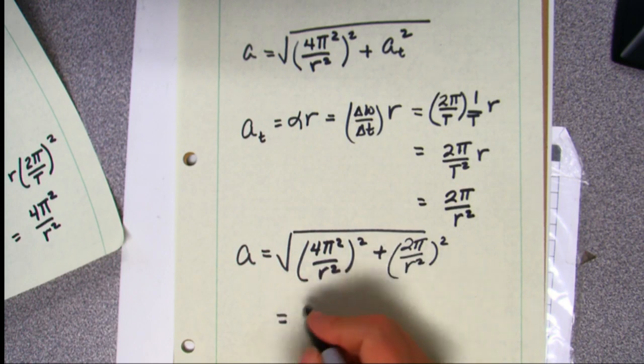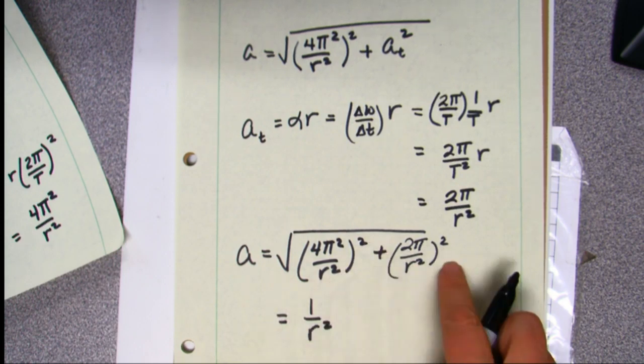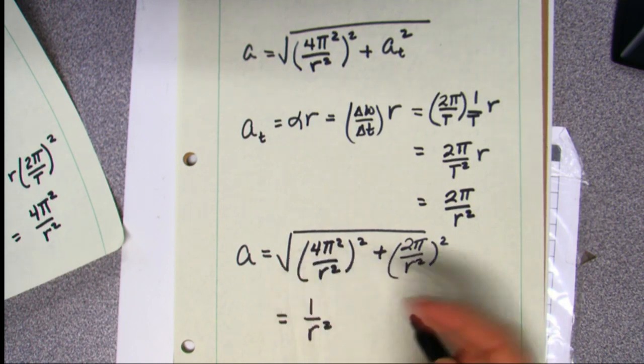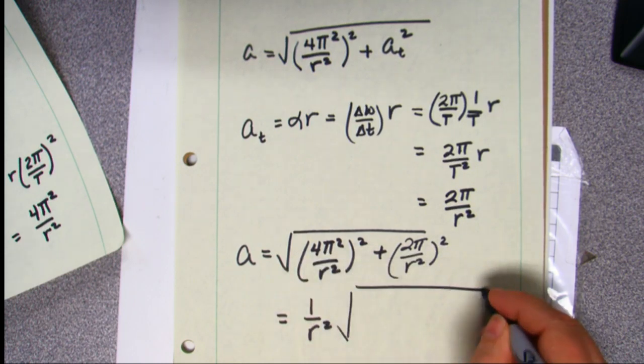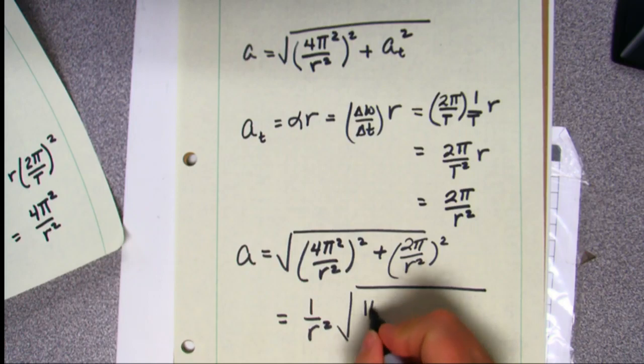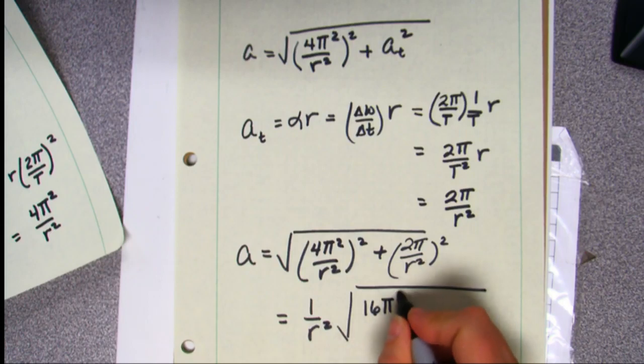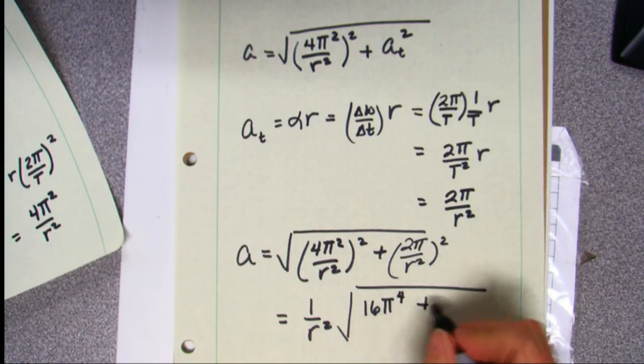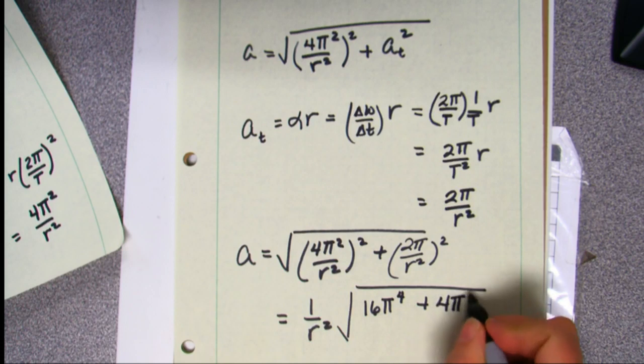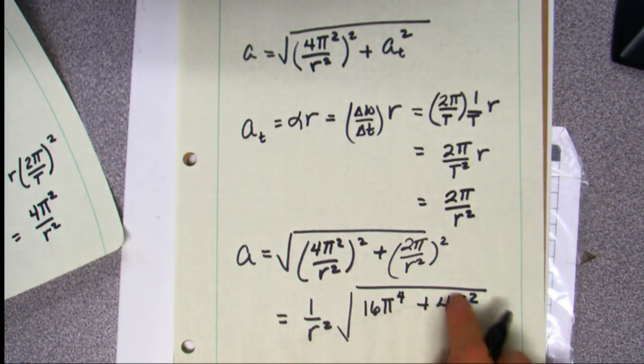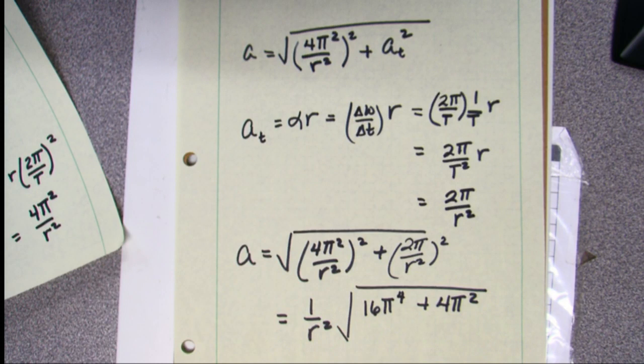So I'm going to end up with 1 over r squared, because if I get an r squared plus an r squared, I can factor that out. The square root of 16 pi to the 4th plus 4 pi squared. But that, again, we're off by a constant, so I can make that just a constant, and I get c